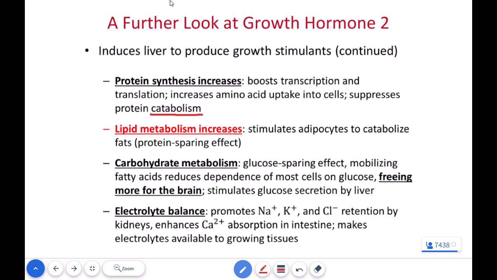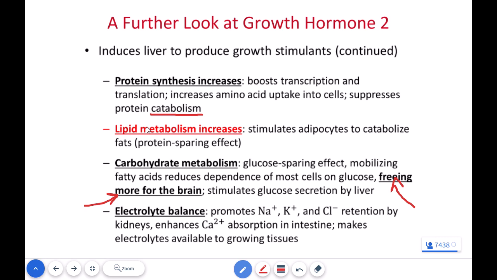The key thing I need to emphasize here is that the purpose of this carbohydrate metabolism effect of the liver is that we need carbs for our brain. Our brain functions really well with carbs. It's designed to utilize carbohydrates for ATP generation. Other tissues of our body can utilize proteins or fatty acids. Our brain does not do a good job of utilizing these alternative fuel sources, but our brain needs the carbohydrates. So make sure you get a meal before a big test because you need to have some brain food or